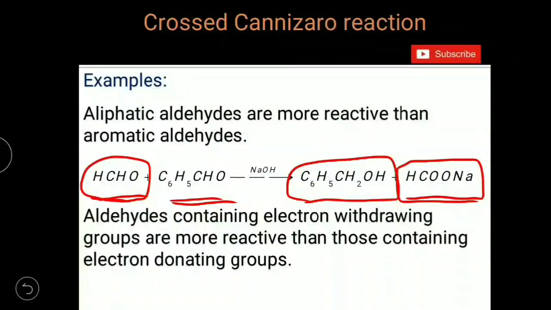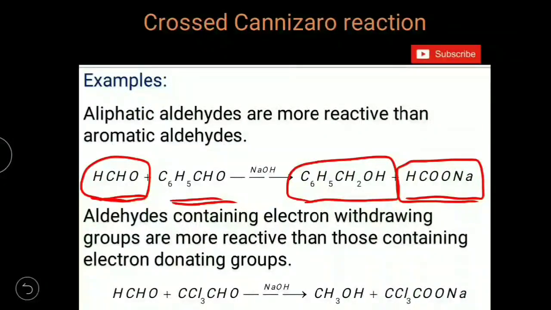Aldehydes containing electron withdrawing groups are more reactive than those containing electron donating groups. Formaldehyde and trichloroacetaldehyde. In these two, formaldehyde is less reactive than trichloroacetaldehyde because trichloroacetaldehyde has 3 chlorine atoms bonded to alpha carbon. Chlorine atoms are electron withdrawing groups, in fact strong electron withdrawing groups. Because of these electron withdrawing groups,